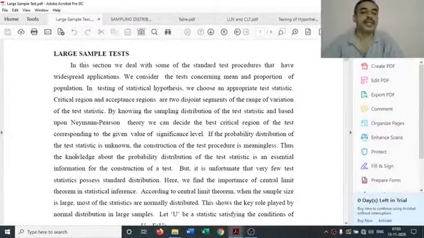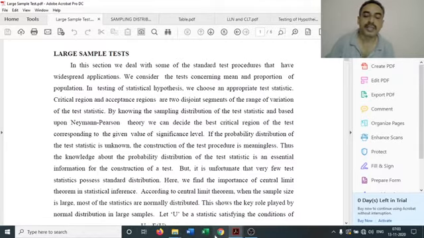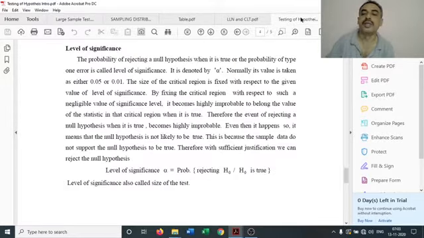Our next section in testing of hypothesis is large sample test. A sample is considered to be large in size if the number of units in the sample is more than 30. Otherwise, the sample is treated as small in size. So first our discussion is on large sample test, and here in the introduction of testing of hypothesis, we had